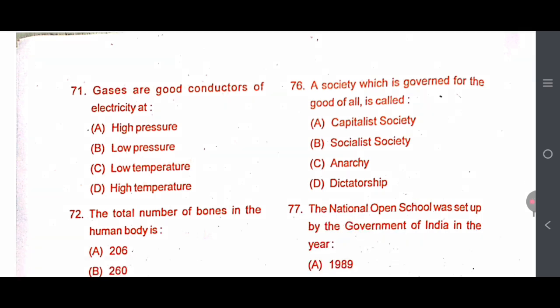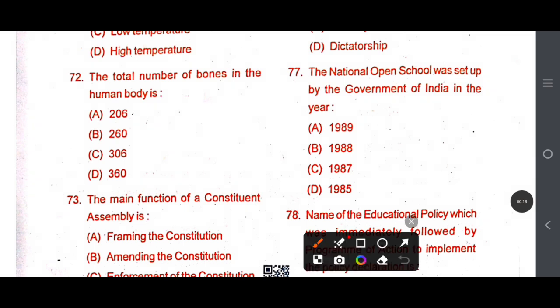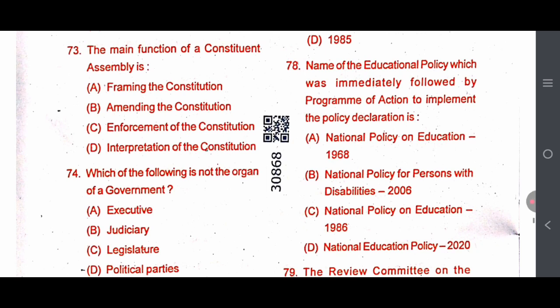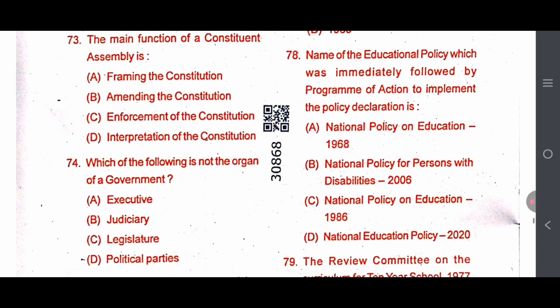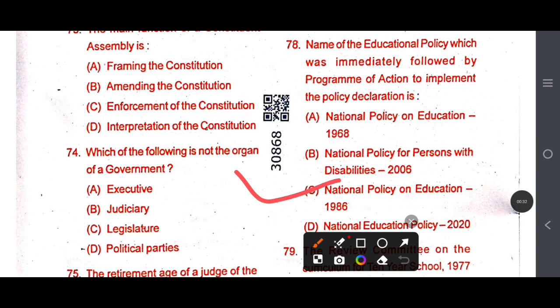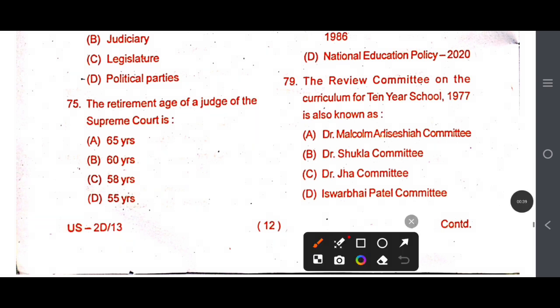Socialist Society. 77. The National Open School was set up by Government of India in the year. The correct answer will be 1989. Name of the educational policy which was immediately followed by program of action to implement the policy declaration is. The correct answer will be option C: National Policy on Education 1986. 79. The Review Committee on the Curriculum of 10-year School 1977 is also known as